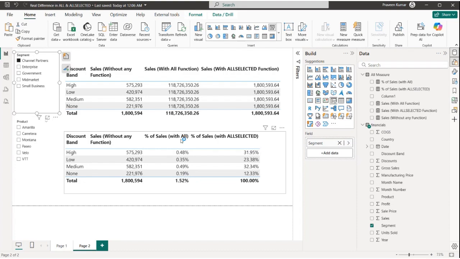Why is this showing? Because here in the denominator you have used the sales amount for all the products, so it is taking the grand total value. But here it is not taking the grand total value. It is taking the total amount of this, 181800594. If I remove this filter, this is the grand total value,